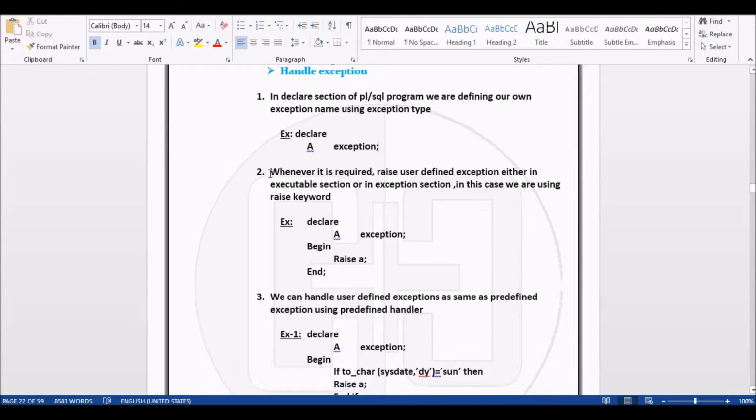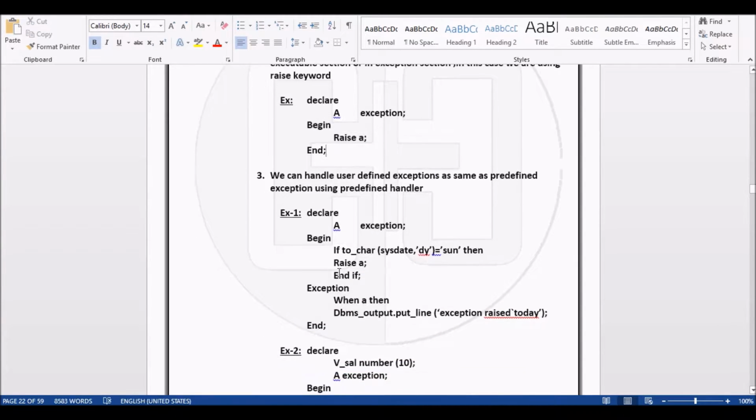The next step is raising the exception. Whenever we want to execute that exception, we raise it using the keyword raise. So see here, declare: we are declaring an exception A, as exception, and in the begin section we want to raise the exception A. Now we want to handle the exception.